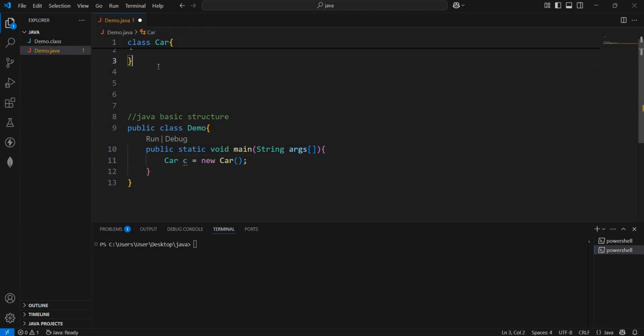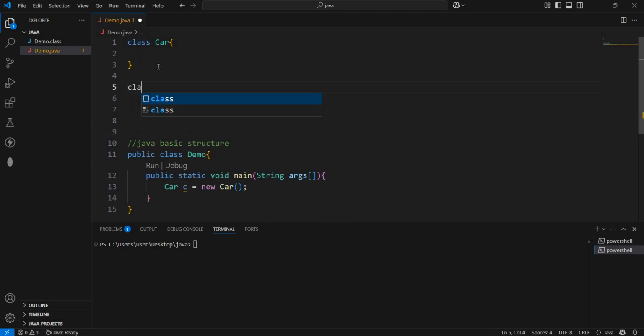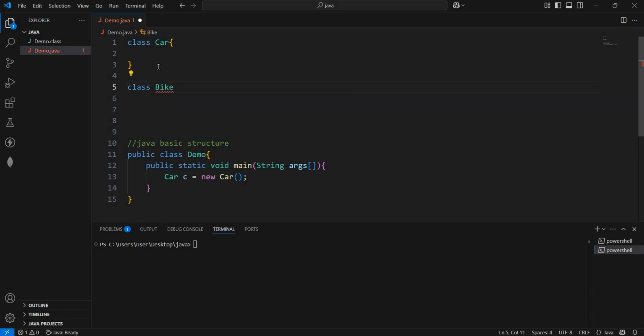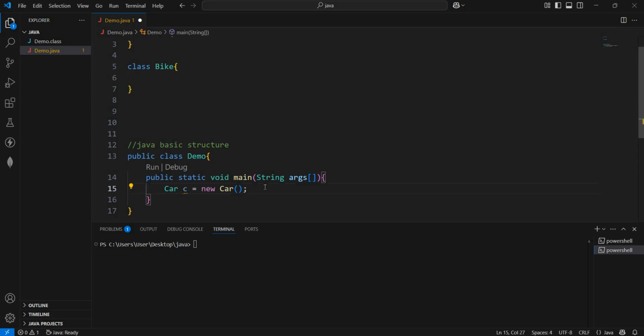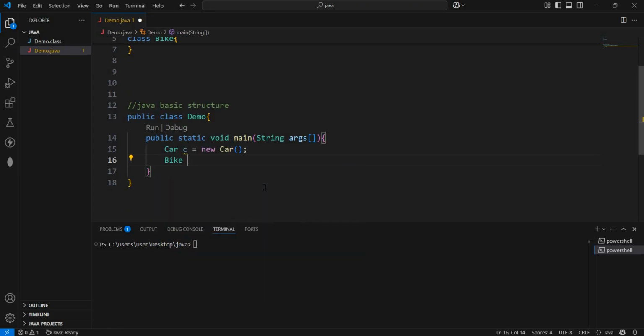Now, suppose we have another class. Let's think that we have a class bike. Okay. Now, how to create an object for it? We know how to create an object, but where should we create the object for it? Inside the main method, right? So let's create it. Bike b = new Bike();